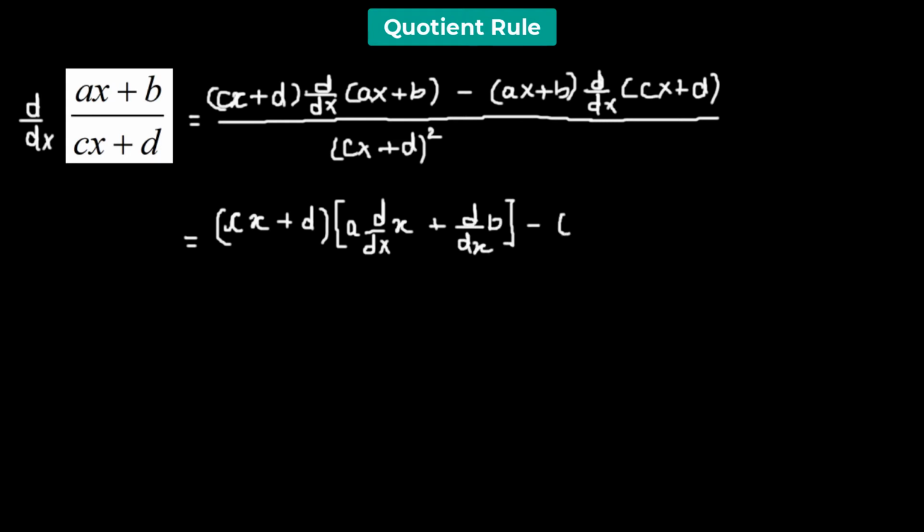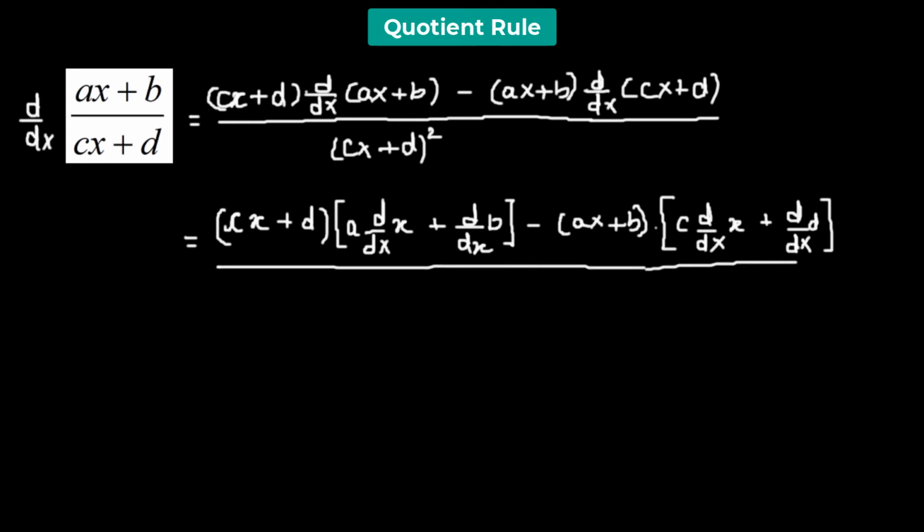minus ax plus b times the derivative of cx, so c being a constant, we pull it out of the derivative of x with respect to x, plus the derivative of d, whole divided by cx plus d whole squared. So we have cx plus d